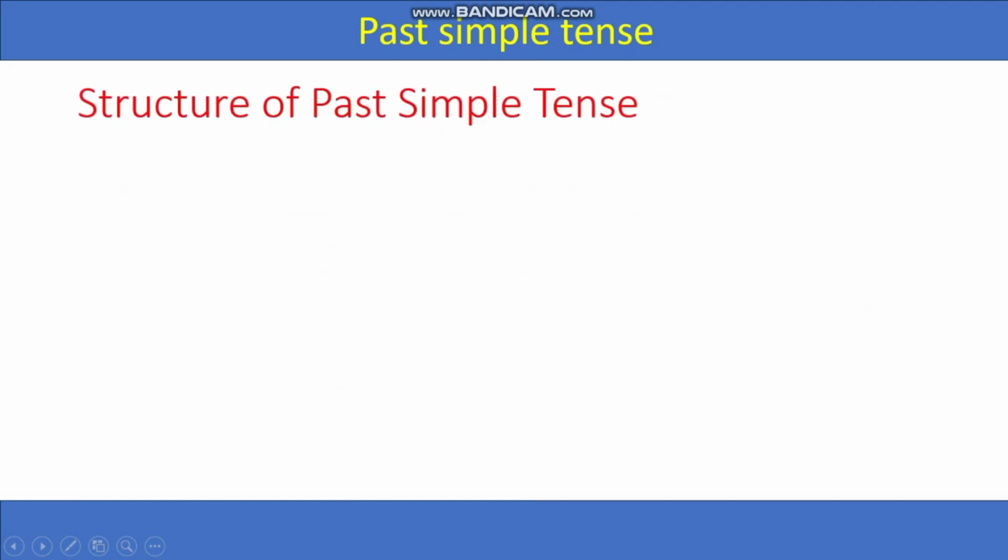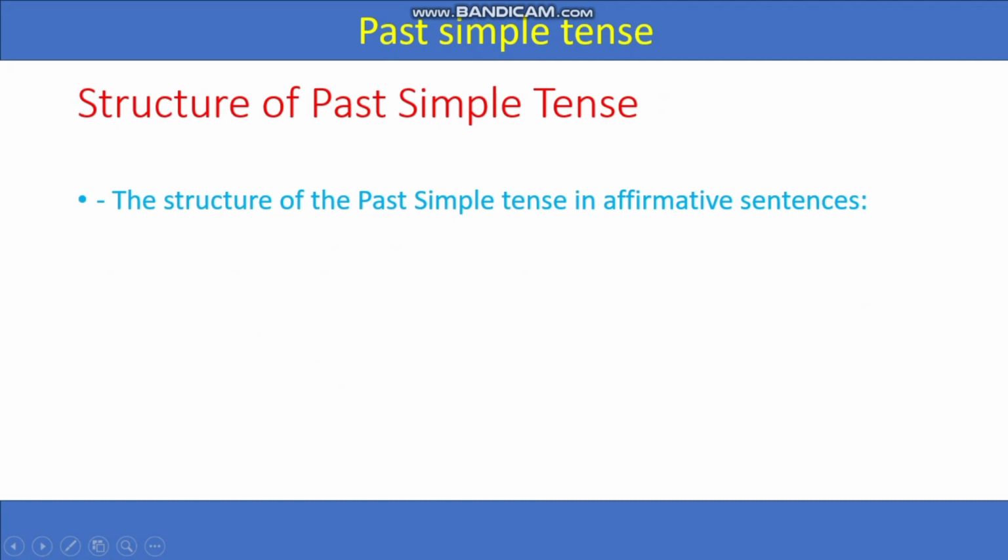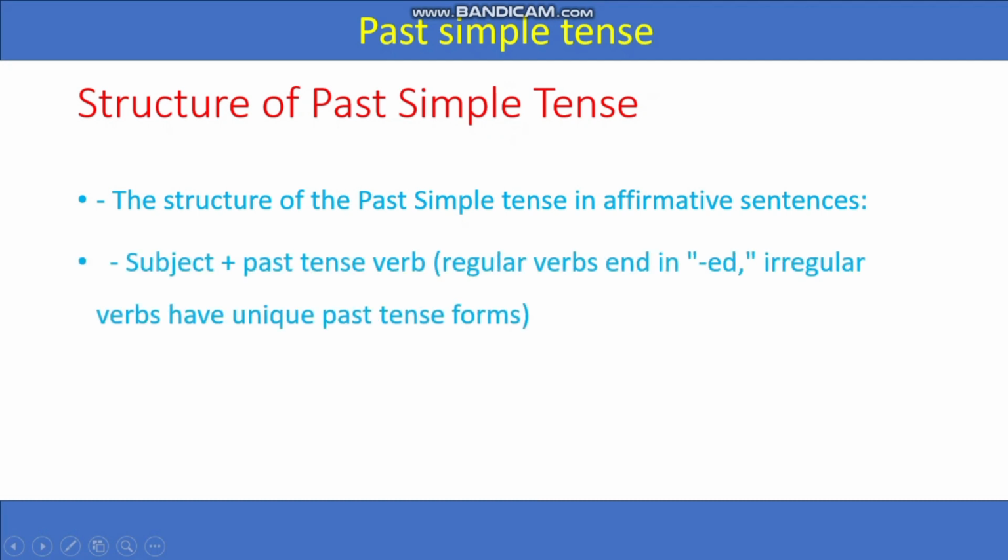Structure of past simple tense. We need to know the structure and the usage. Okay, the structure of past simple tense in affirmative sentences, meaning the positive sentences. We can say subject plus past tense verb. Subject plus past tense verb. There can be irregular verbs and verbs in ed, and irregular verbs have unique past tense